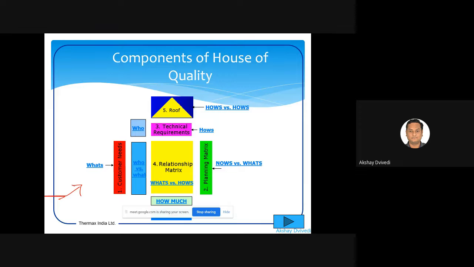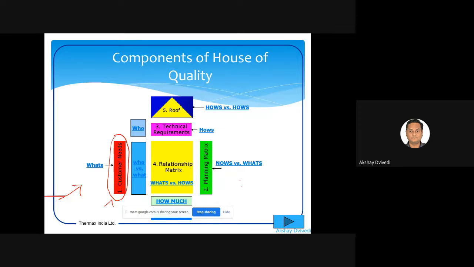So once you identify who your customers are, the next thing that comes in is: what do they want? The left hand wall of this particular house of quality is made of the customer needs. So basically, if it is a big matrix, you can identify those particular requirements. Let's say there are 4 requirements or maybe 5 requirements. You identify those requirements and put them into the left hand part. Once you do this, the next step that is often done is that those requirements need to be prioritized.